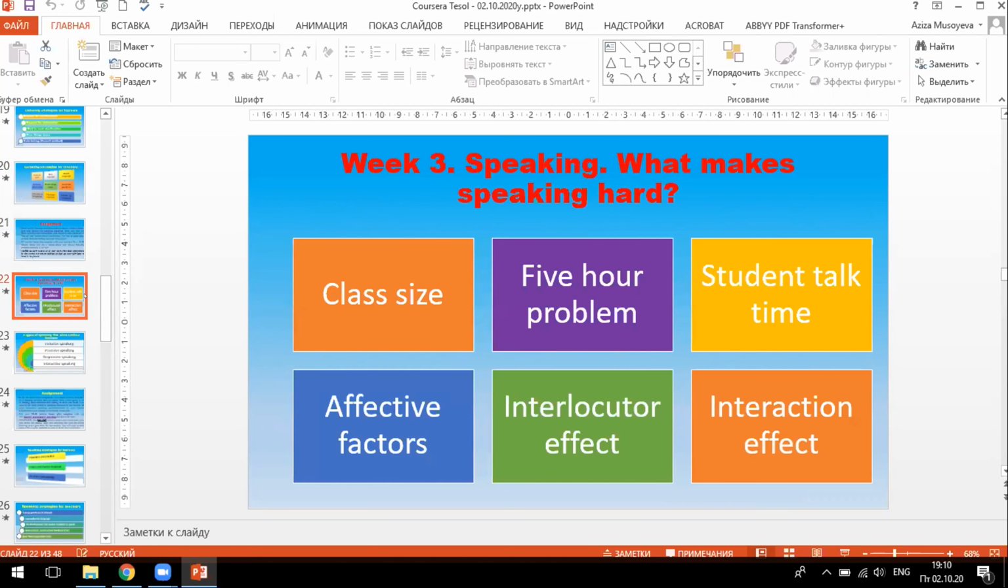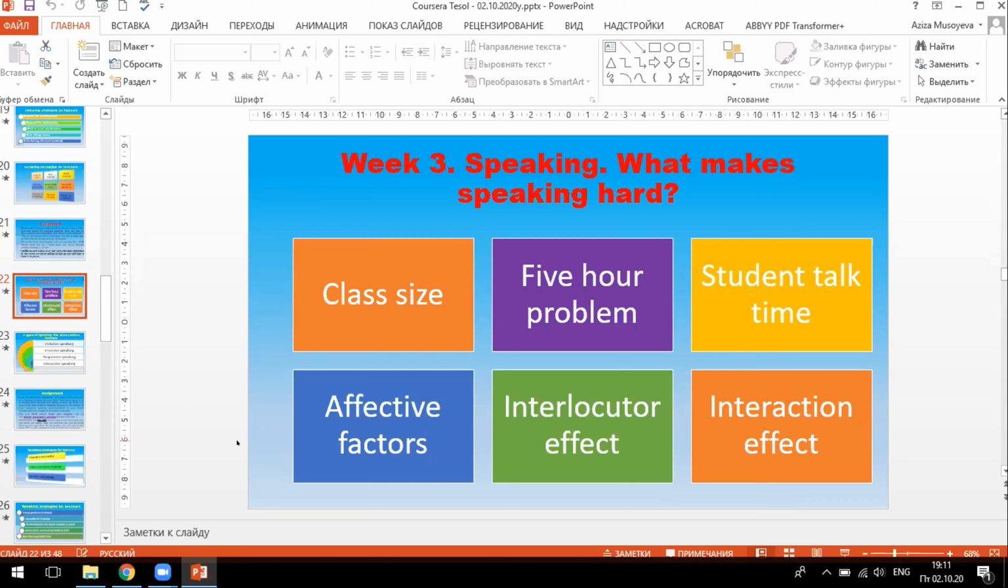In week 3, there is speaking. What makes speaking hard? So again, if you let me, can I ask you what makes speaking hard for students? What do you think? Yeah, anything you can tell, maybe according to these ideas or your own ideas. Actually, there are some icebreakers which help students, first of all, speak, because personal factors like shyness or lack of vocabulary